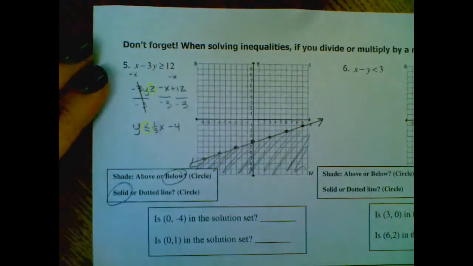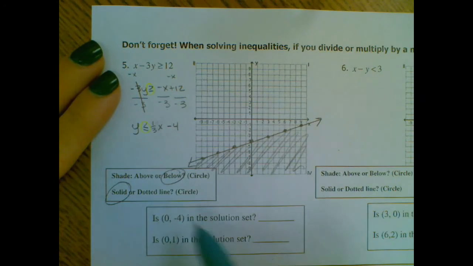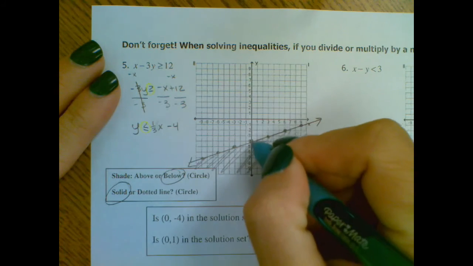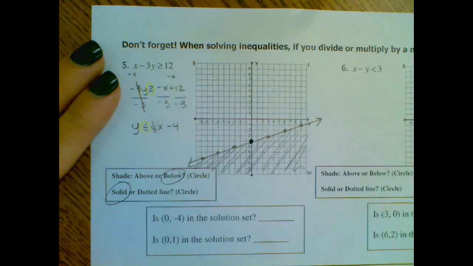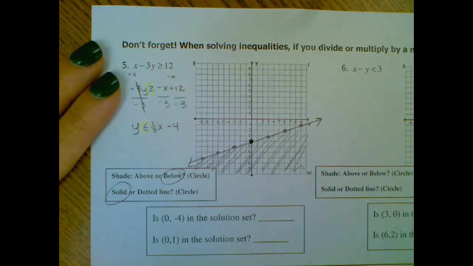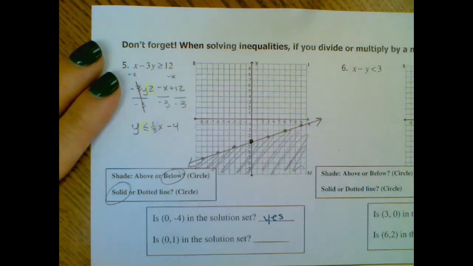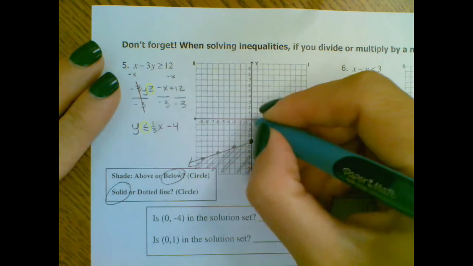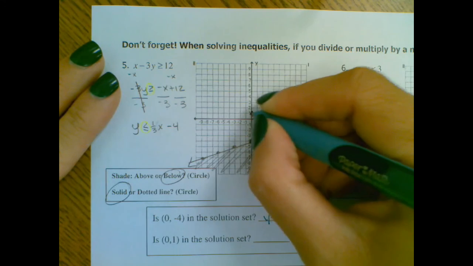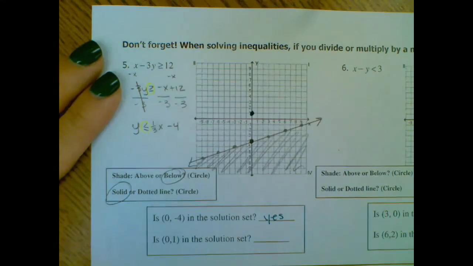All right, and we are going to look to see if the point 0, -4 is in our solution set. Well, the point 0, -4 is on a solid line. So if it's on a solid line, we say yes. 0, 1 is outside the solution set. It's not in the shaded region. So we would say